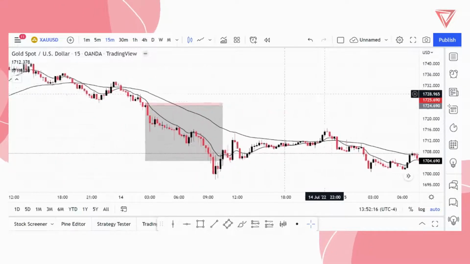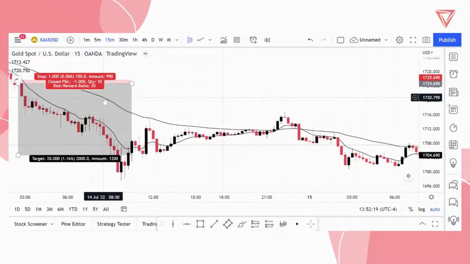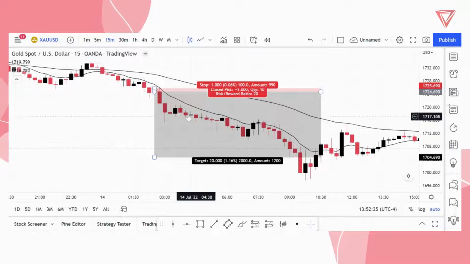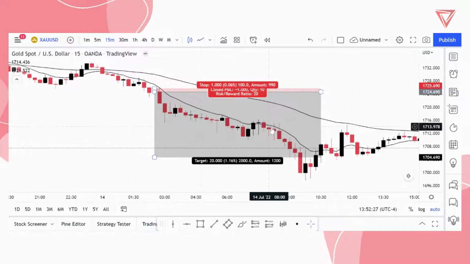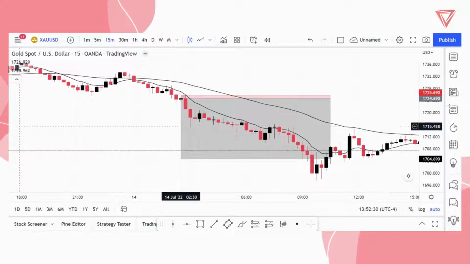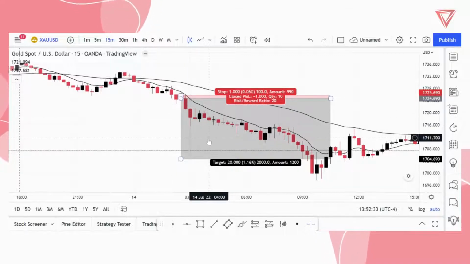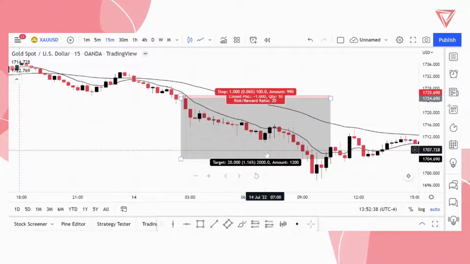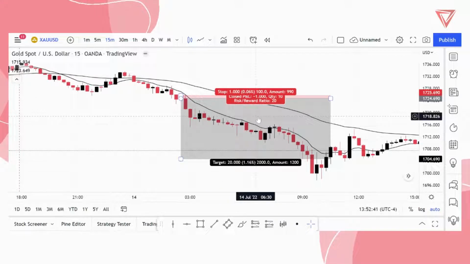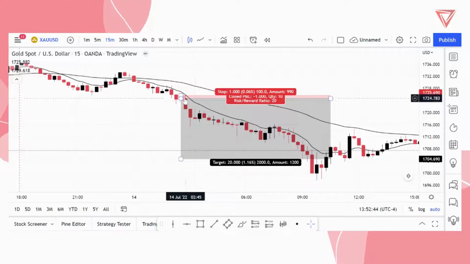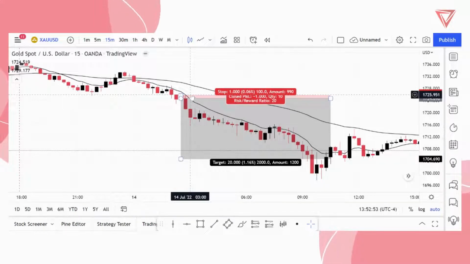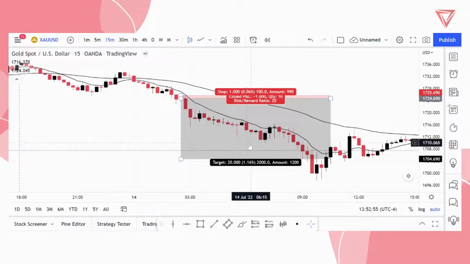So let me show you a few things here. This is gold, and this is not a trade that I took, we're just using this as an example. Let's assume this is a 10 pip stop loss and it went 200 pips in my favor in less than a day. So right off the bat, this is a 1 to 20 risk reward. Meaning, if I risked 1% here and it went in my favor, I would be rewarded with a 20% return. Now, if I risked 0.5% here, I would be rewarded with a 10% return. If I risked 0.25% up here, I would be rewarded with a 5% return.